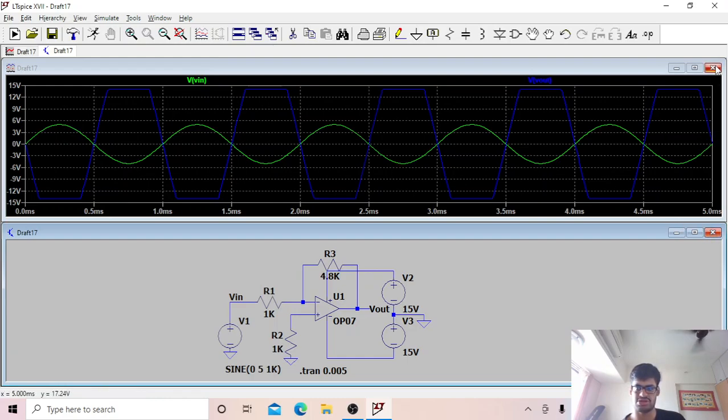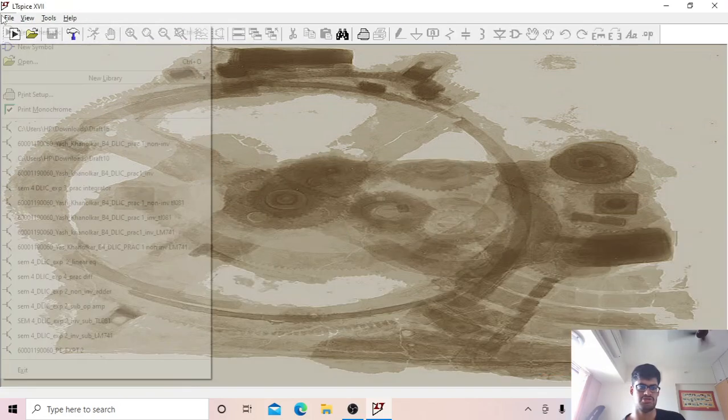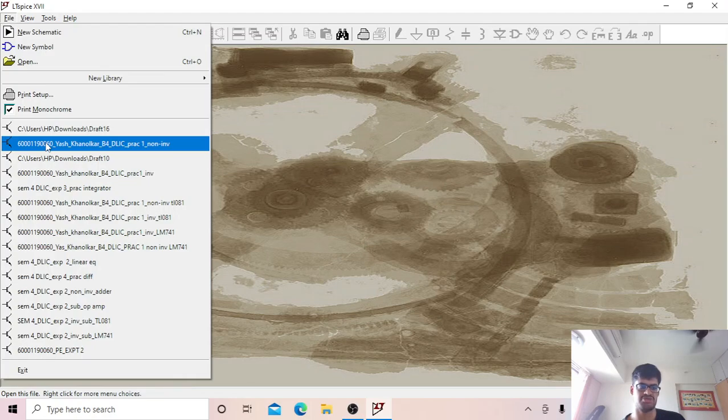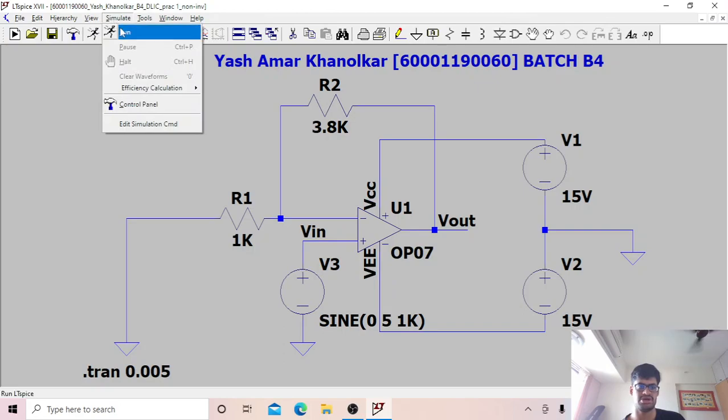We can just save the circuit, and we can do the same thing for the non-inverting amplifier. Opening the previous documents which we have made, precisely the non-inverting amplifier, we see that the voltage source is on the non-inverting terminal, and we just simulate and run it.